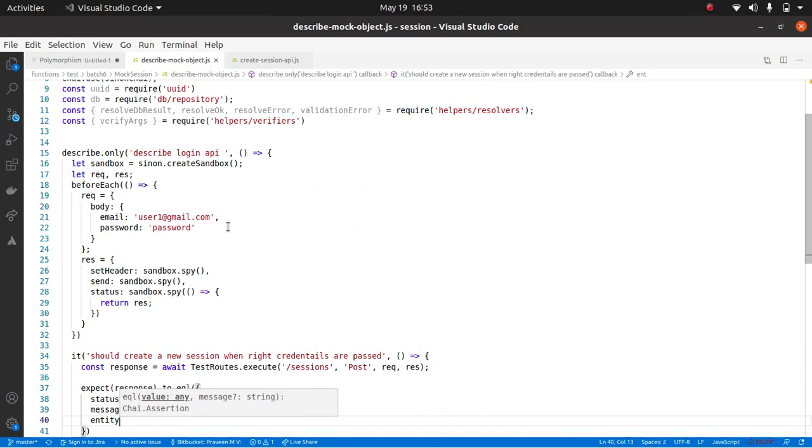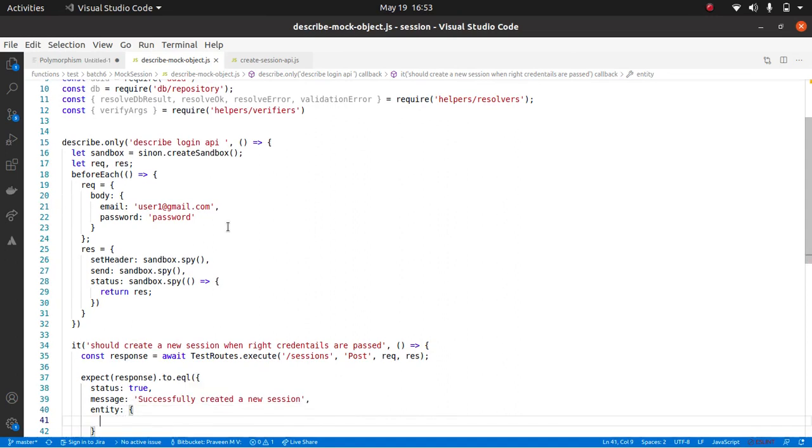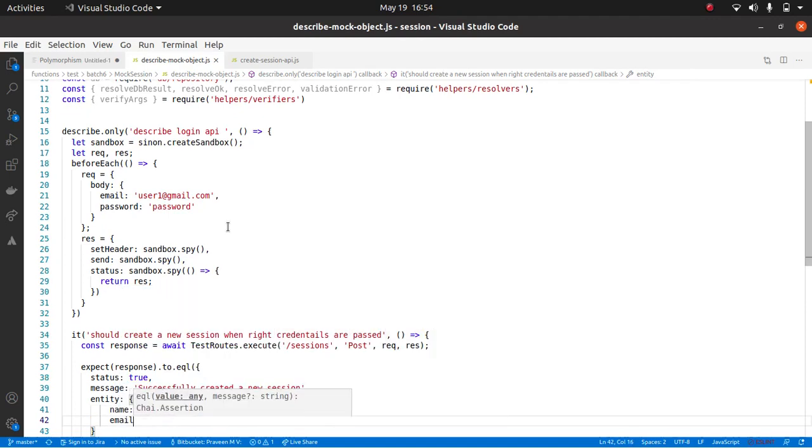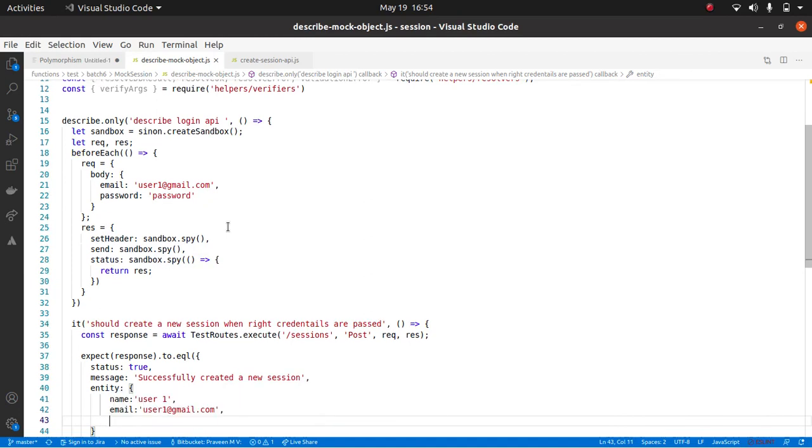The entity is the data I need to return back. So I need to return back the user. The user, let's say the name of the user is user1, and I'm returning the email of the user, user1@gmail.com. And a password I will not return. These are the two items for now we need to return back.